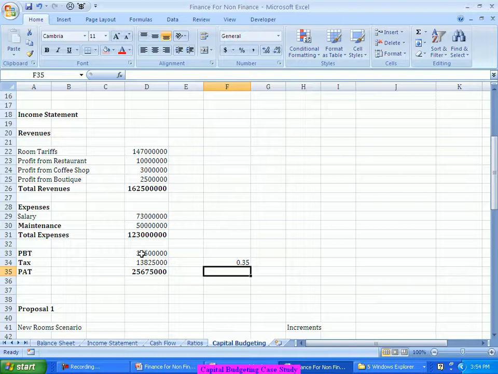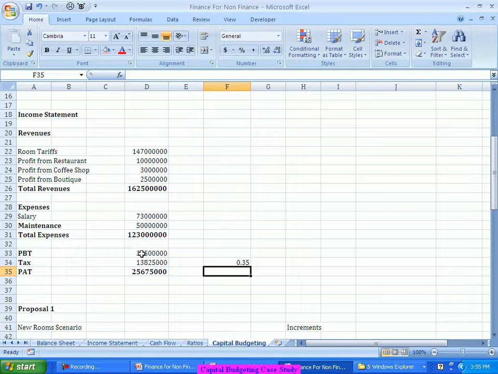I will find the percentage of that, because for the new profit, whatever I get, right now I have to see the modified profit with proposal 1 and proposal 2. I have to take the tax out of it. That's where I will say whatever the profit that comes out, I will take a 35% tax on it. So that will be the profit after tax. Now let's go with the proposal 1.